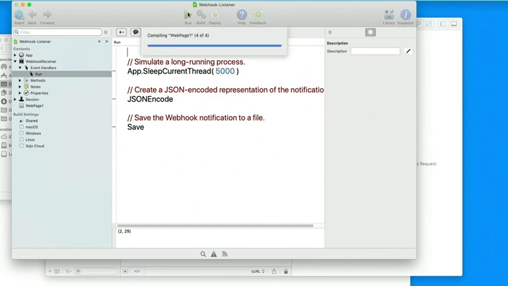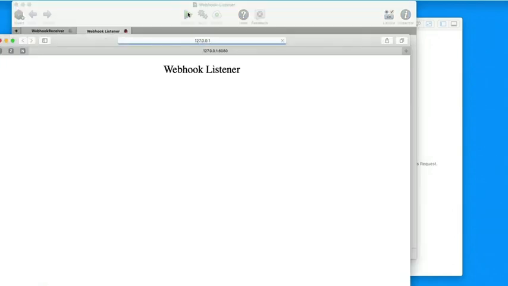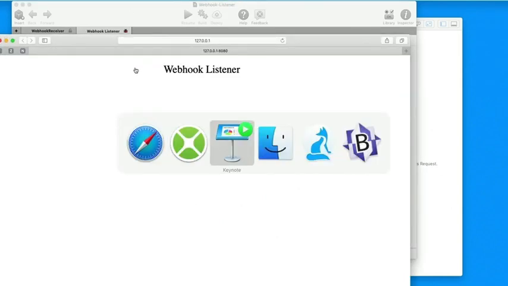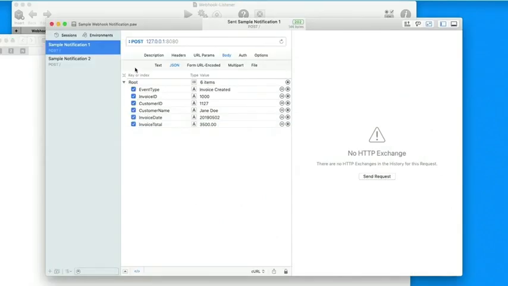Okay, so I'm going to run the app, and then I'll come back in and explain what this is. All right, so the app is running. And to simulate that sending of the data, I've used this application in past presentations, but this is a Mac app called Paw, P-A-W. If you're on Macs and you're doing API work, I highly recommend it. You can use it to really test APIs, do all kinds of crazy stuff. If you want to talk to me about this, I could go on and on about why I love this app. But what I'm going to do is actually use it to send a